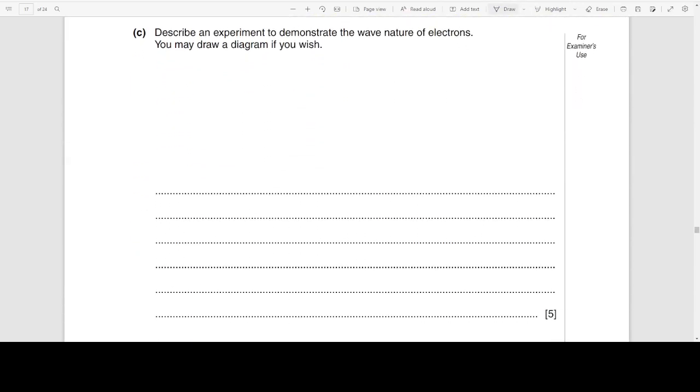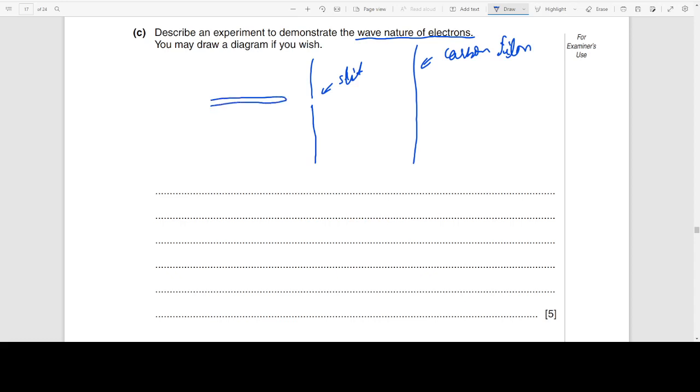Moving on, this time I'm excited to demonstrate the wave nature. So guys, remember for the particle nature we use photoelectric emission, but for the wave nature, diffraction is probably the best. So we have this gap or slit, and you have a screen. The screen is maybe made of carbon, a carbon film, and we have this electron beam which shoots electrons,